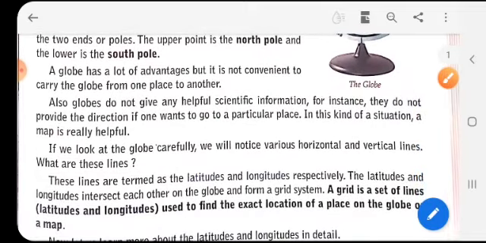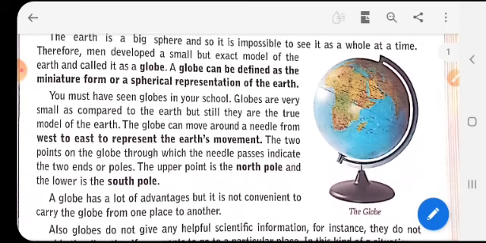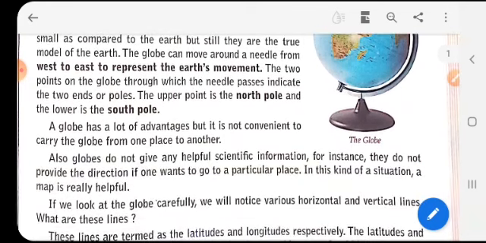The globe has a lot of advantages, but it is not convenient to carry the globe from one place to another. So children, you can very well see all the places on the globe very easily. You can rotate the globe along the needle and you can see the places on it. But do you think it is a convenient method to use when you are traveling from one place to another? No, it is not a convenient thing to use as it is a big object which cannot be carried along